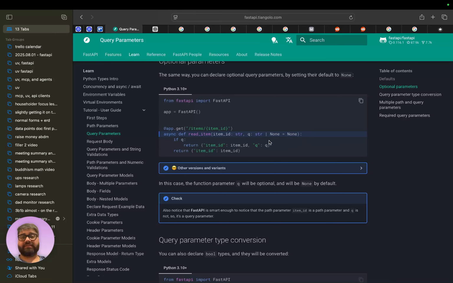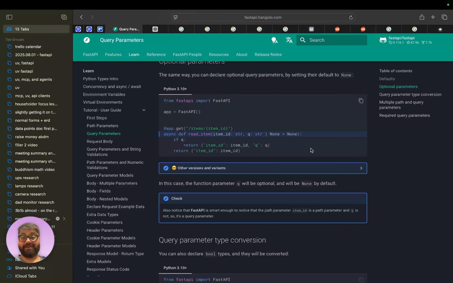And basically if you set any sort of default values for any of these parameters, path or otherwise, it'll automatically become optional. So for example, if I just did str or None without equals None, then q would be a required parameter.